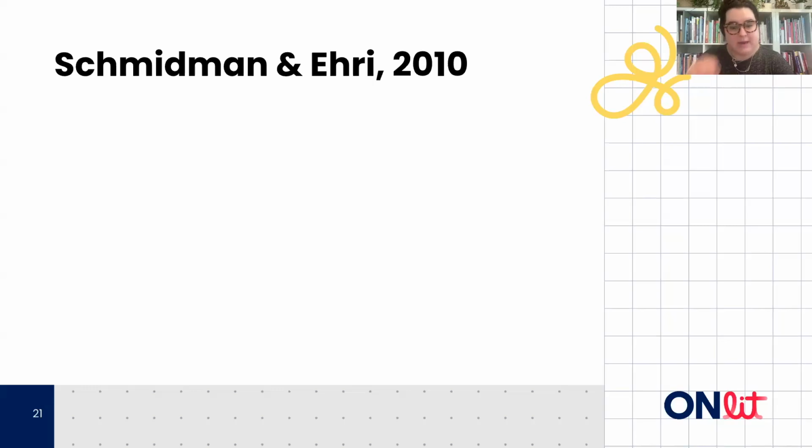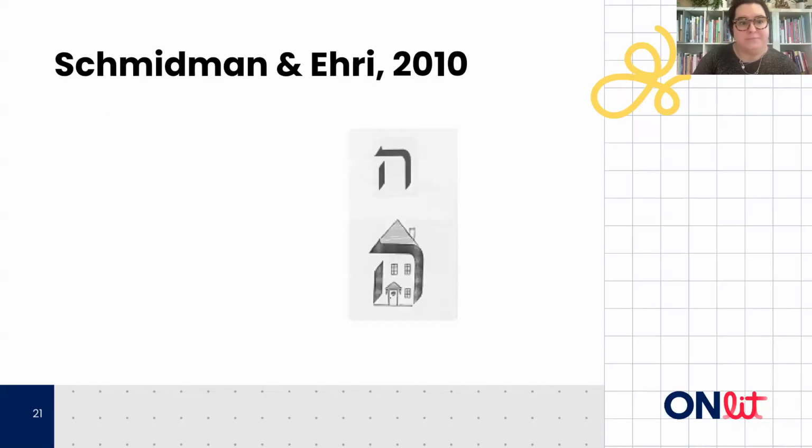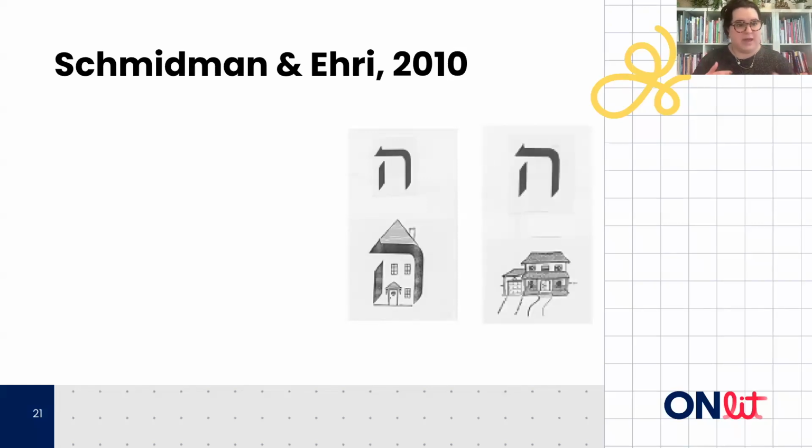Another interesting study was conducted with English-speaking 5-year-olds, and they were taught 10 Hebrew characters and their associated sounds. So students, language learners. And you can see here, I know it's a little grainy, but I pulled this right from the article. You can see that in one of the conditions was the character and the sound it represented directly embedded. And then the other was a keyword, right? That same keyword, house, but not directly embedded in the character.